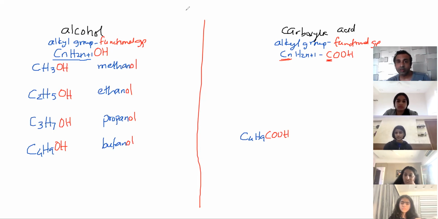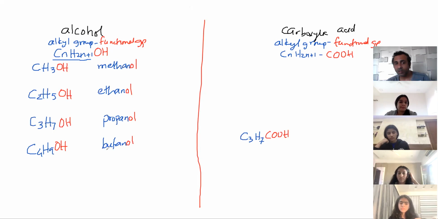Anybody not clear about this? What I just said? Kiana, are you not clear? I'm clear. What did you learn here? So it's only C3H7, right? Yes. Okay. So if you have to write butanoic acid, don't quickly take a decision. Butanoic has 4, so don't write 4. Write 3, 1 carbon less. This happens only in the acid. It doesn't happen in the alcohol.